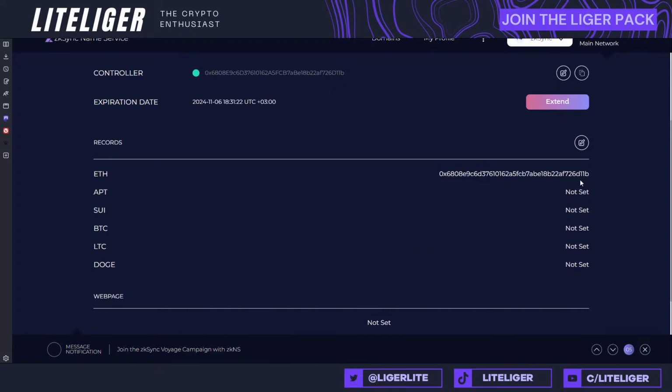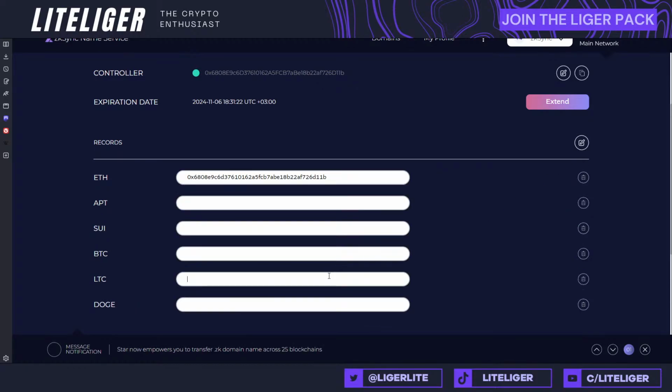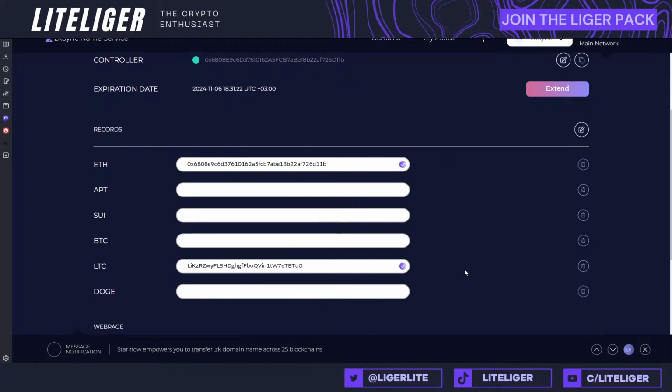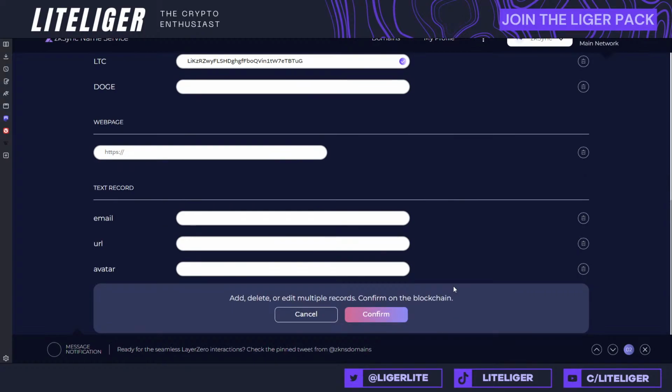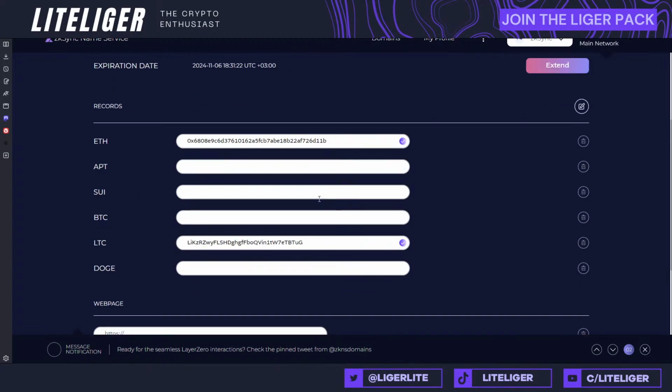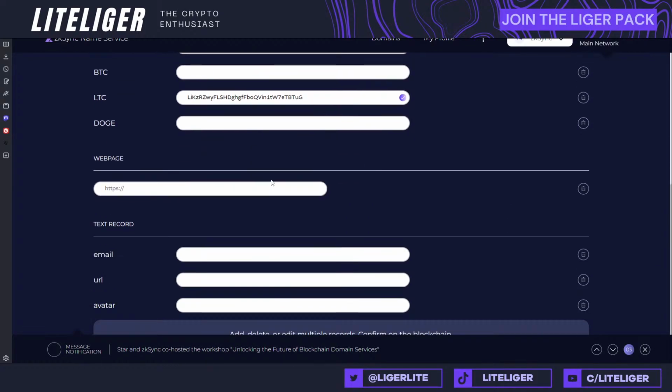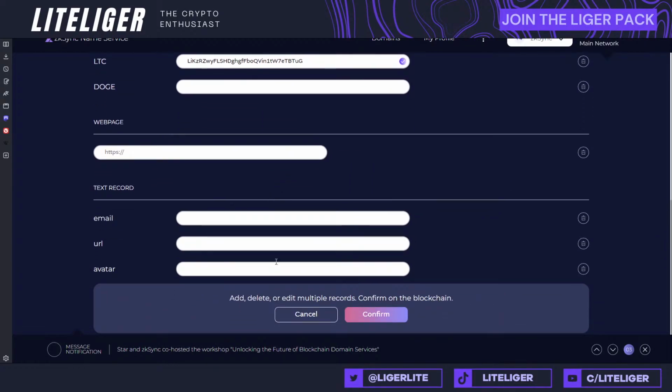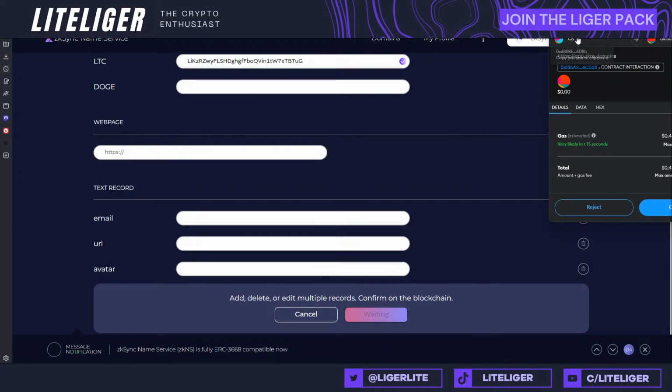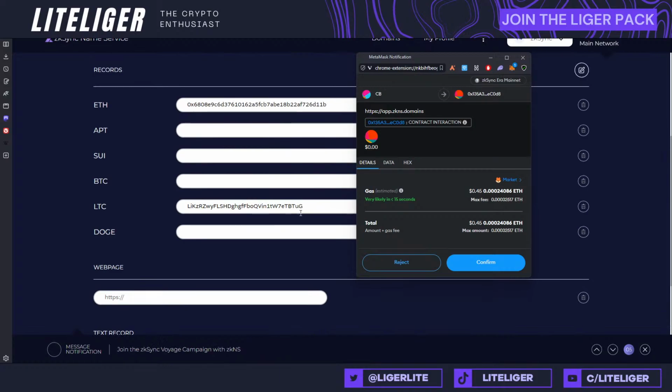So I'm going to be putting my Litecoin address here, just for the heck of it. Once you register a domain, it's very important to add one record detail here. You don't need to add everything; you can add avatar, URL, and so on. But we're going to be confirming this, because it's criteria not only for the domain but also going to give us another transaction.